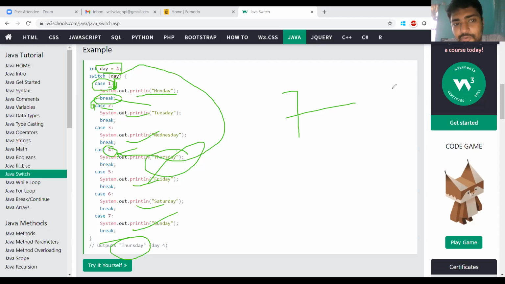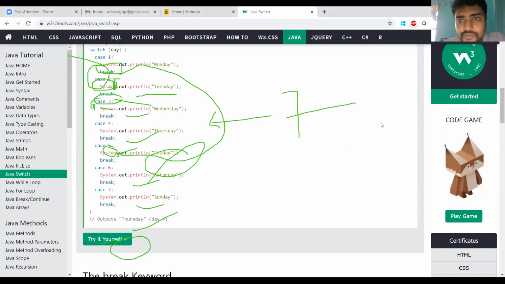If the day is equal to 2, print Tuesday, else if, like that also we can write. If we have more options, we have to opt for the switch case. It also leads to better performance. This is the main thing in switch cases.